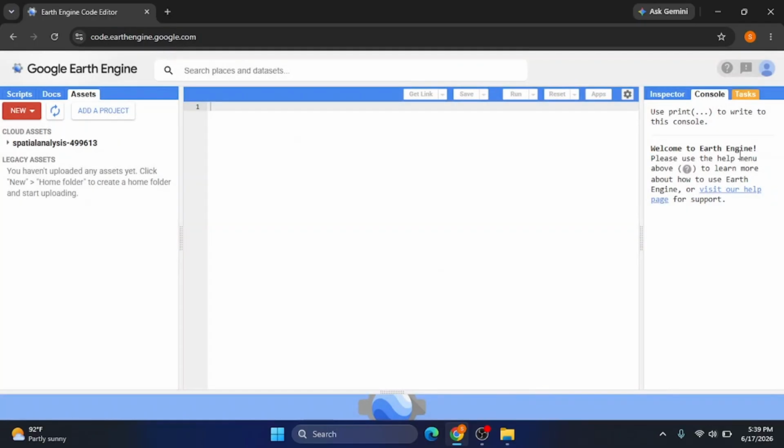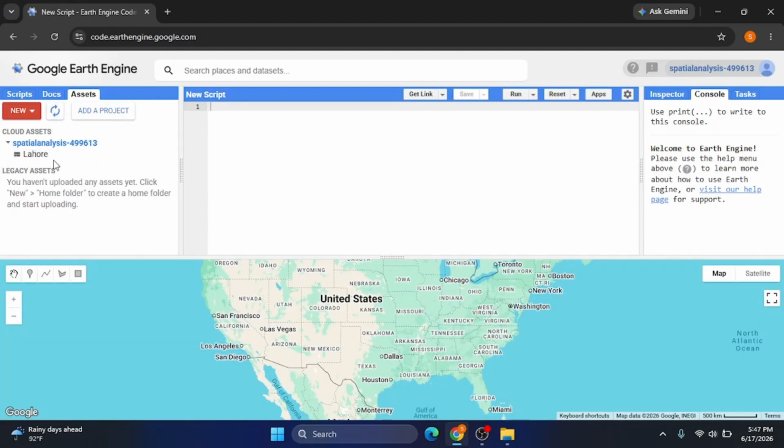Okay, and then you need to upload it, and then this is the task tab, in which you can see what tasks are processing, and it will take some time to upload. Okay, so now you can see that the Lahore Shapefile has been uploaded to Google Earth Engine. Now if you click on it,